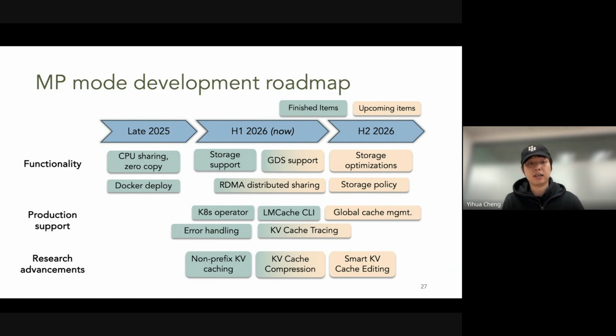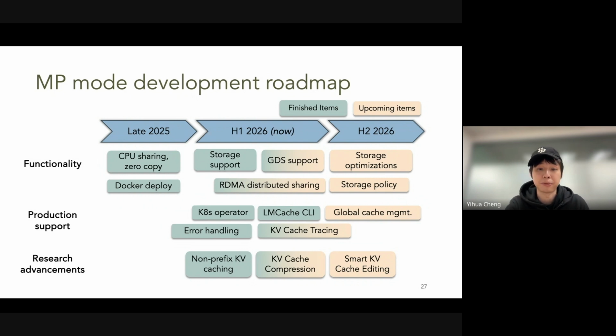And I'm also very excited to share this MP mode development roadmap, what we have already done and what are the upcoming items. So the MP mode actually started late 2025, late last year. By then, we were doing just CPU sharing and zero copy optimizations and Docker deploy. And earlier this year, we added storage support, Kubernetes operator, error handling, LMCache CLI, all those kinds of features